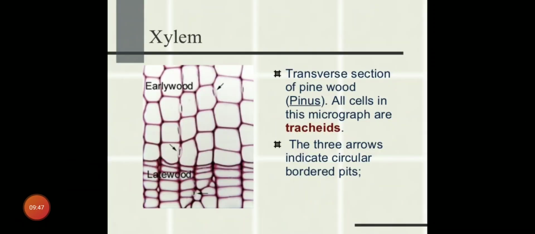You can see the structure of xylem here. There are 2 terms given here, early wood and late wood. What happens when the wood becomes old, or more than 100 years of age? The cells of the late wood get compressed, and the early wood cells get shifted on, or we can say a layer of new cells is formed above the layer of old cells. So the old cells will get compressed and the new cells will get elongated in dimension. So we can say that late wood is present beneath the early wood, and the cells of the early wood are wide and late wood cells are compressed.